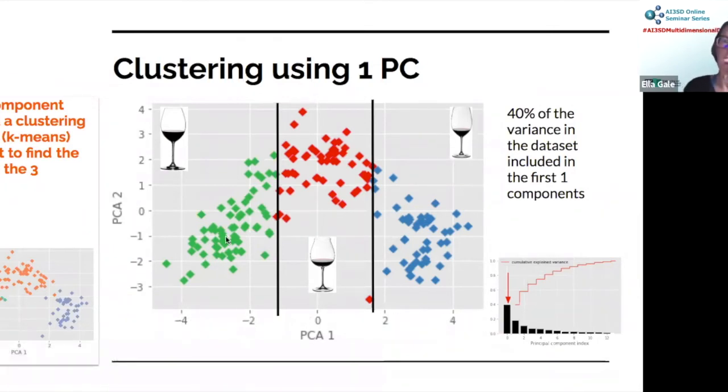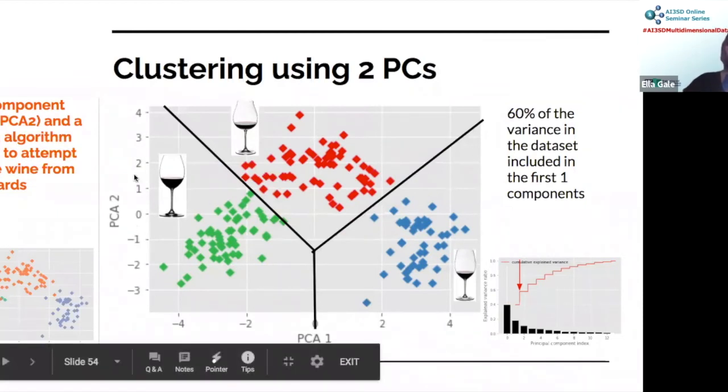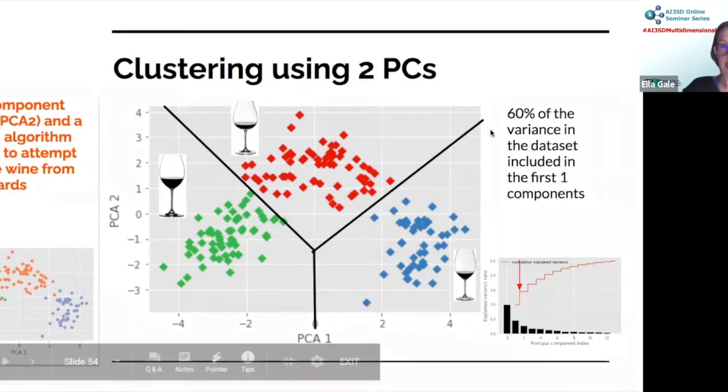So it's colored the points based on whether it thinks they're a separate cluster. Okay, it's not too bad. We add in our second principal component, so we allow the clustering algorithm to use the y-axis, and as you see, it clusters it pretty well. So it's found the 3 clusters, and that's using 60% of the variance in the data set.